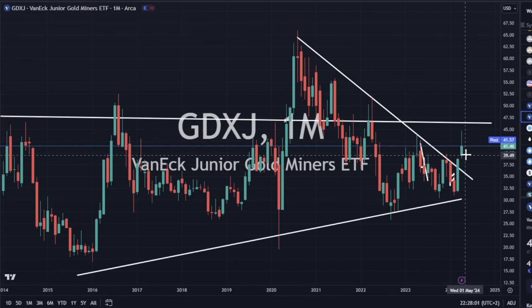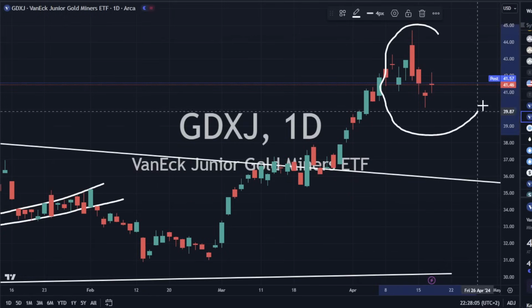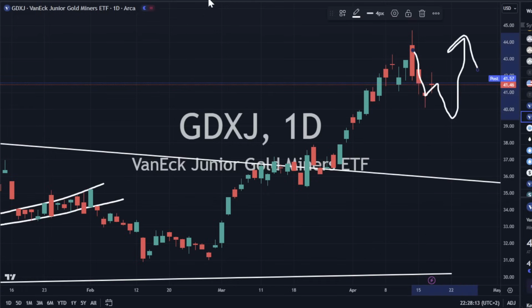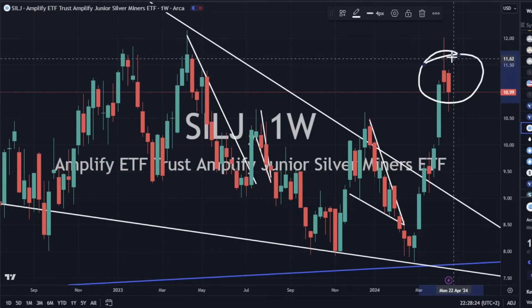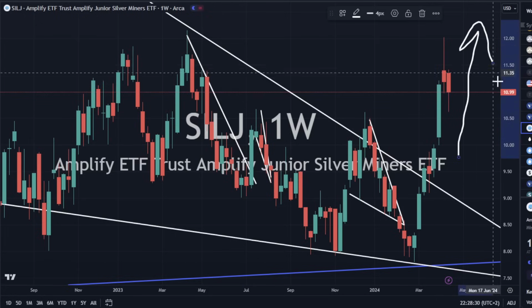GDXJ has already broken out. Nice big candlesticks. And we are getting a little bit of a consolidation pullback. And I do suspect that this is going to continue higher. And the pullback will be muted, not too much. GDXJ also up again today, 0.73%, but we've broken out. Small little selling pressure here, a little bit of a consolidation, pullback, whatever it's going to do, and then we'll work our way on higher. That's what my